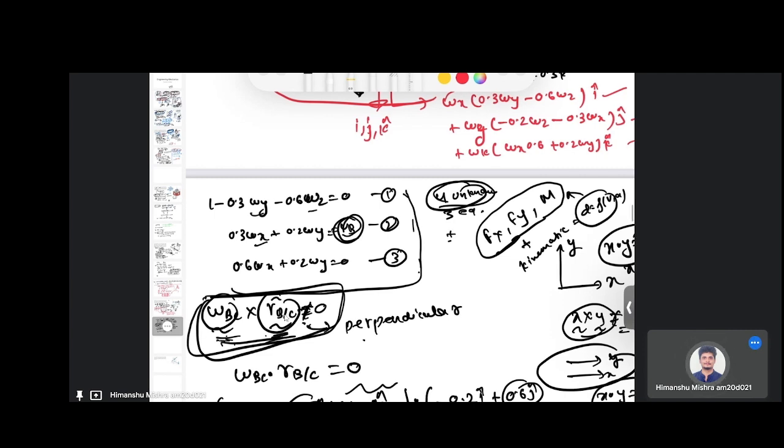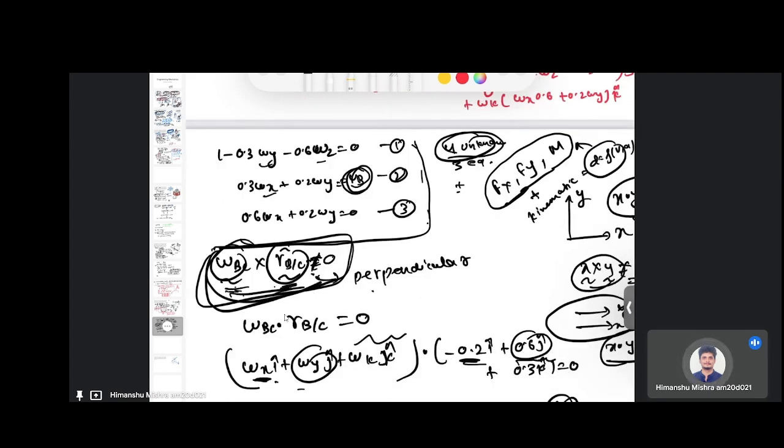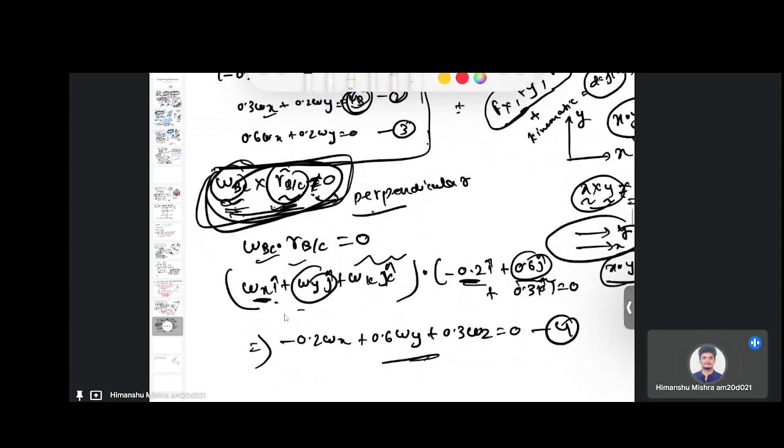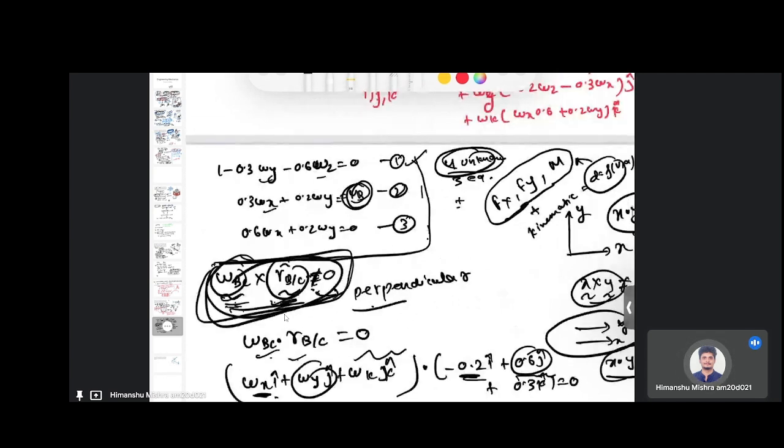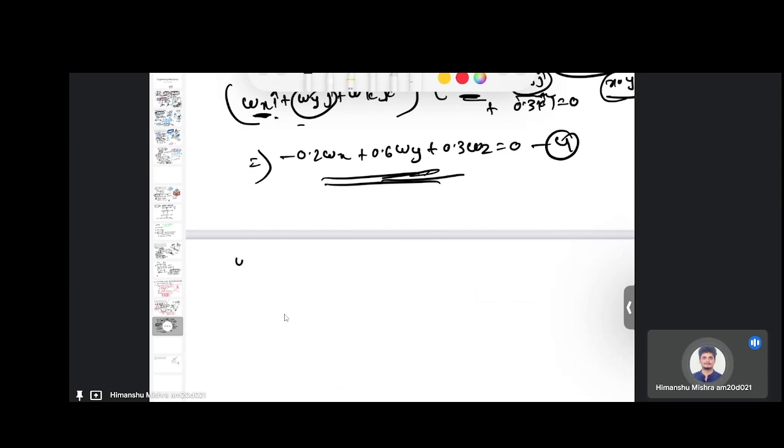So here also we use one of the tricks, because we know that this quantity is finite, it is not zero, which means these two quantities are perpendicular to each other, and this means their dot product should be zero. So by using this property, I can write the fourth equation. If I solve equations 1, 2, 3 and equation 4 together, I will get